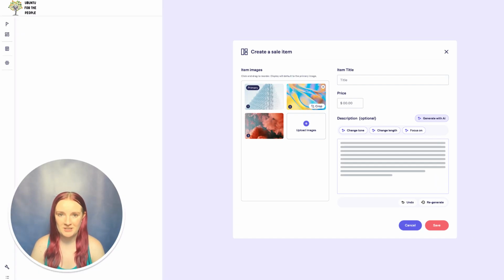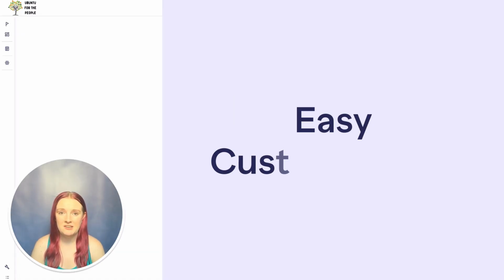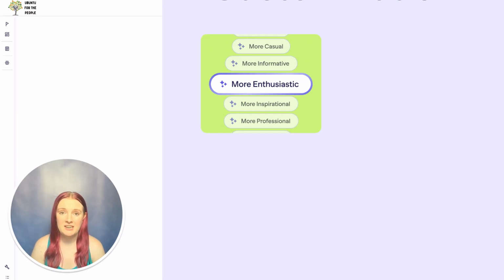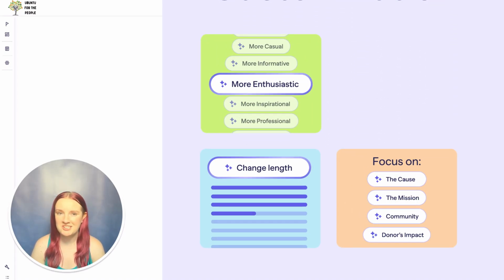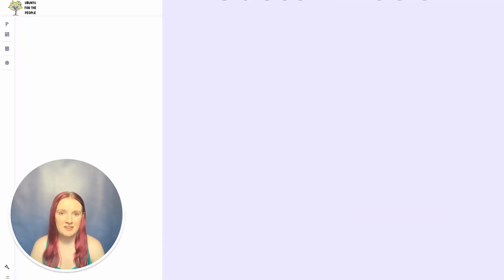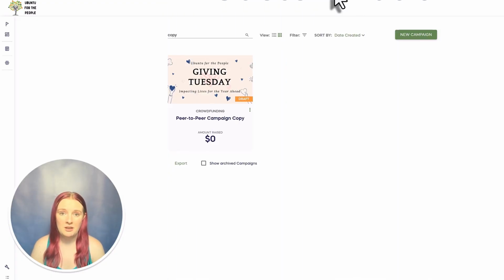It's just one step. Second thing that I really like is how easy it is to modify the results. So you can change the tone, the length, and even the focus, again, with just the click of a button. It's super simple. And then the third thing that I really love is that this feature is available in many places throughout campaign setup. So I'm going to show you some examples of how you can use this generator when